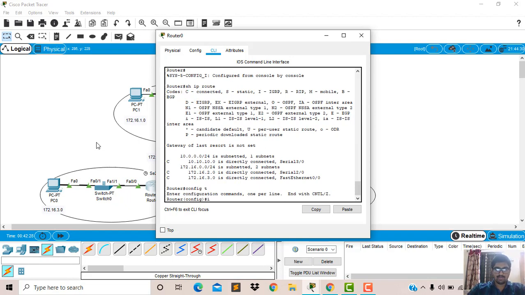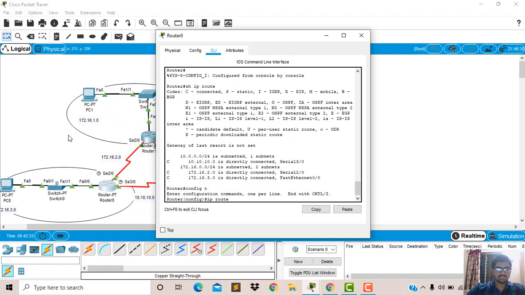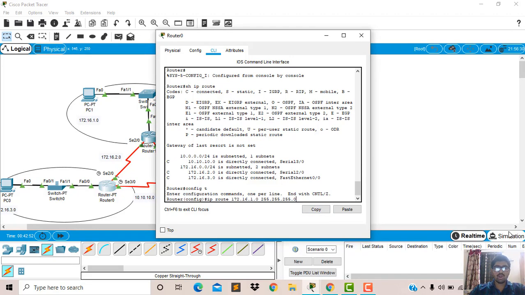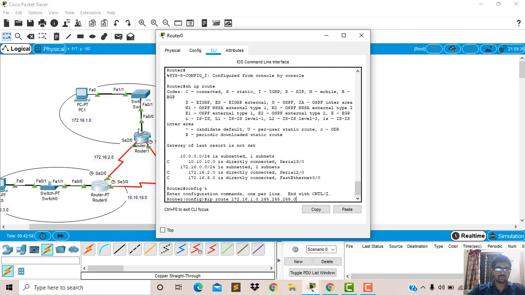Now we will add IP route. For this LAN 2 is unknown, so 172.16.1.0 255.255.255.0. Previously we gave the next hop IP address. Now I am assigning the exit interface for this LAN. The exit interface is Serial 2/0.